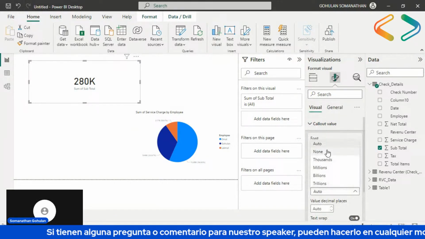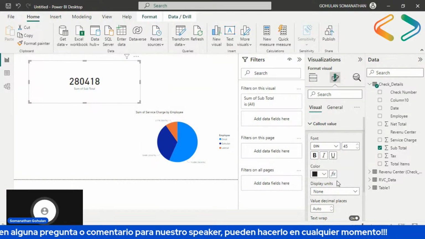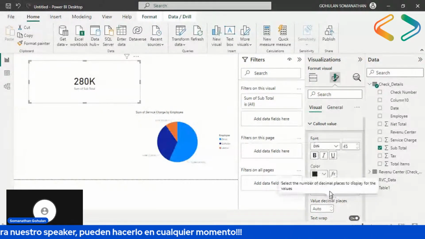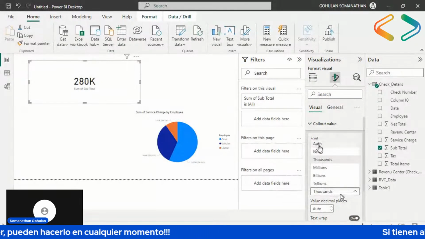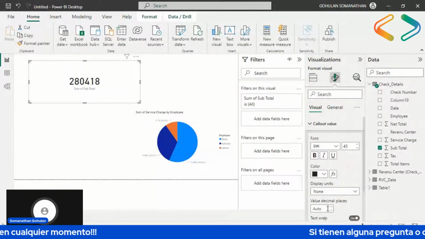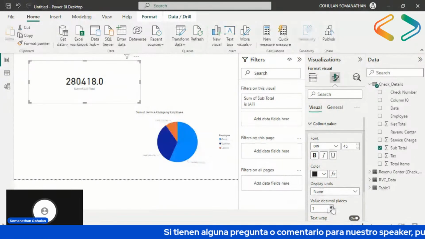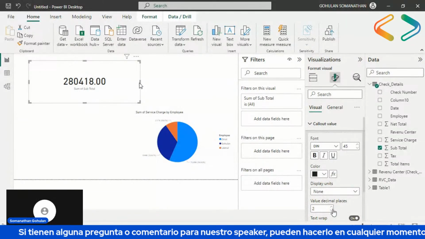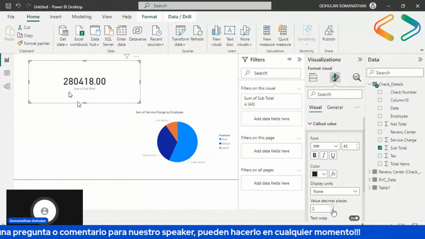Set it to none, or you can select thousands. I'm going to show you none, and for the decimal places I'm going to take one or two. So you can see it showing the sum of subtotal without calculating this.